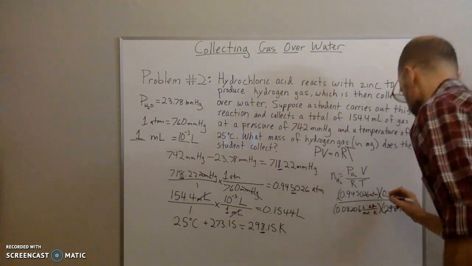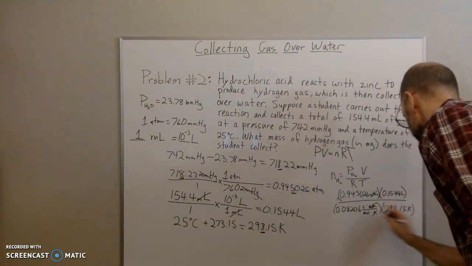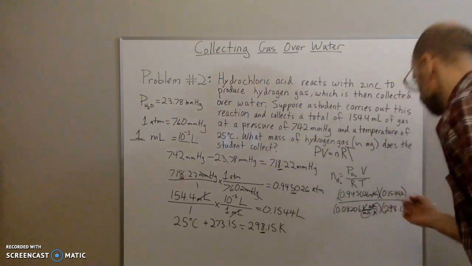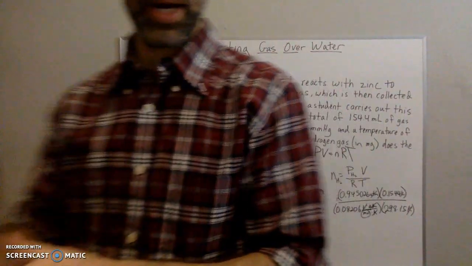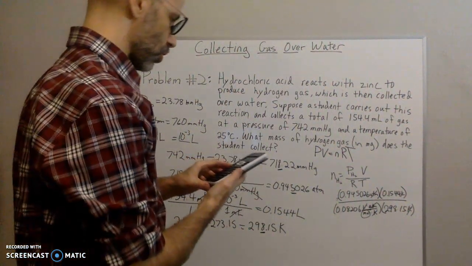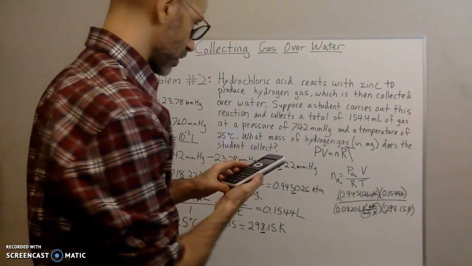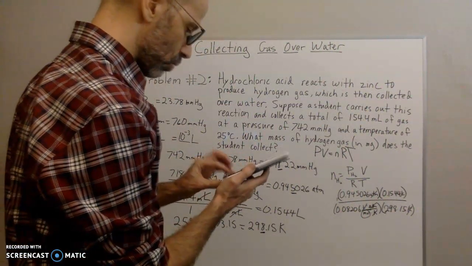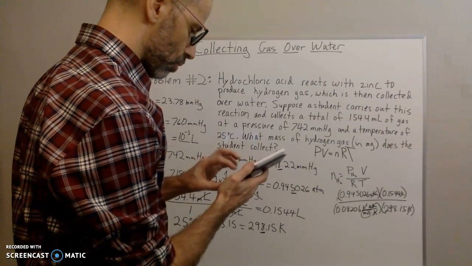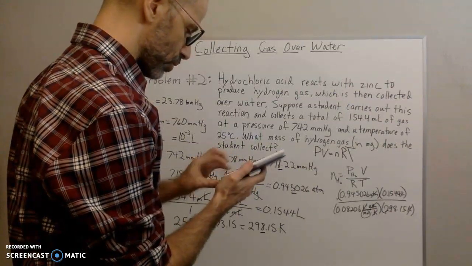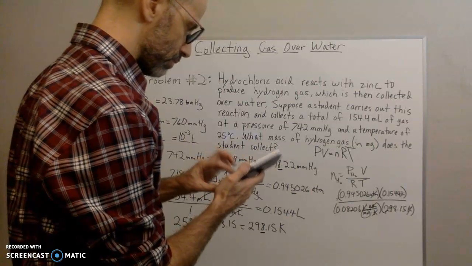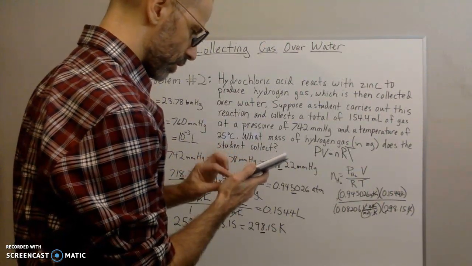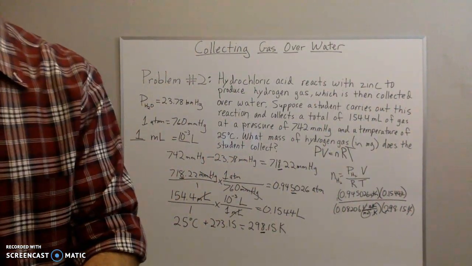Okay, so atmospheres cancel out, Kelvin cancels out, and liters cancel out, leaving moles, which is what I want. So if I go to my calculator, I'm going to multiply everything. So moles times 0.1544 divided by 0.08206 divided by 298.15 equals, and I get